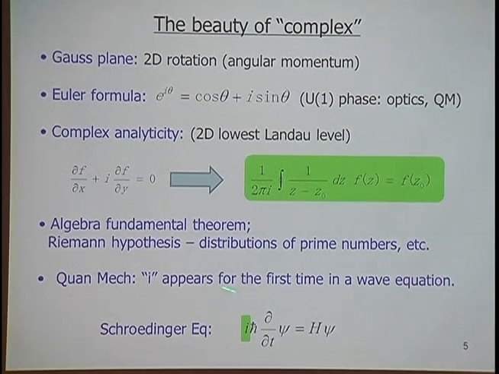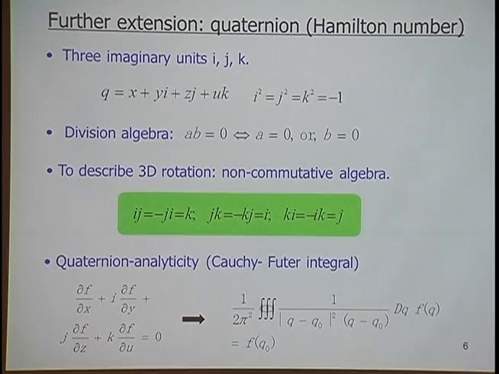In the Schrödinger equation, this i is actually very important. In fact, Schrödinger himself wanted to eliminate this i because he felt that it was unpleasant, but he didn't succeed. The next step is that since the complex number is quite convenient to describe rotations, but the real rotation in our